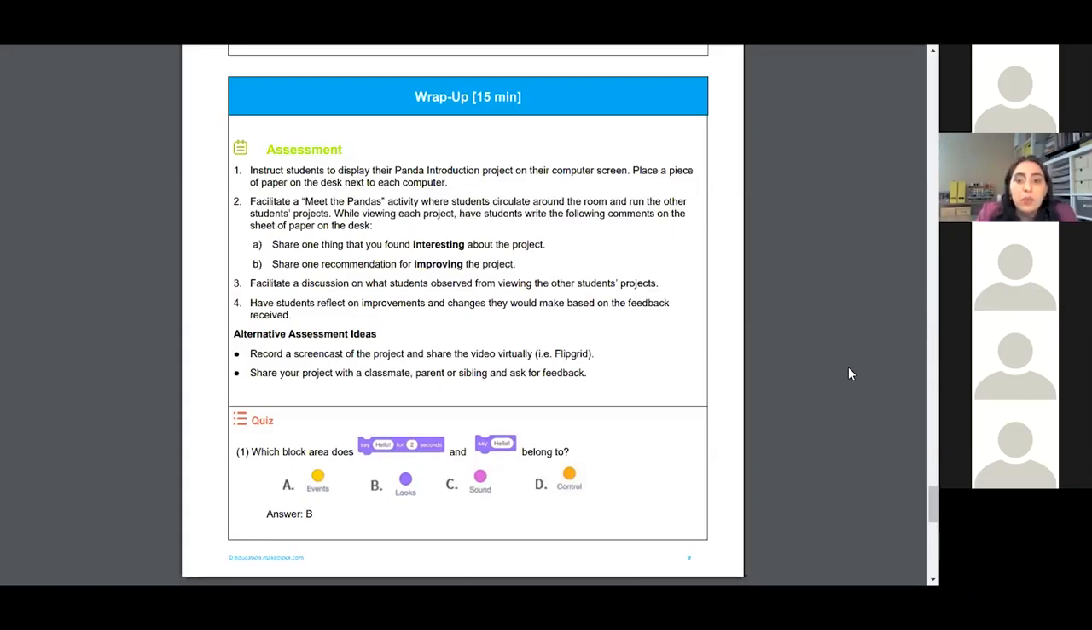And so when the students return to their seat, they're going to have a sheet of paper with all of their classmates' or their peers' or their parents' and siblings' feedback all in one place. Then you'll let them review that feedback, read over it, and you'll facilitate a discussion about what students observed from viewing the other projects. This is important because oftentimes you'll have a student in your class do something that you have not yet taught, and the other students will see it and be like, that was really cool. I really liked how Sally did this awesome animation on her